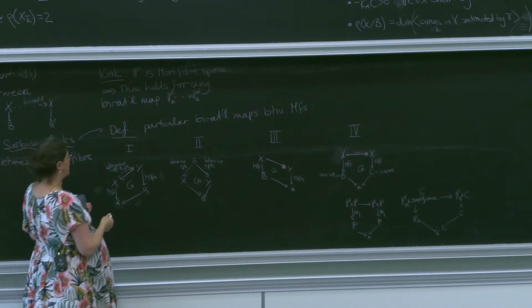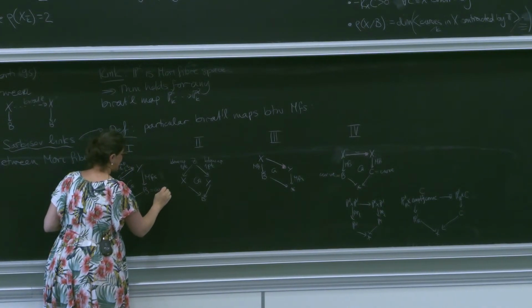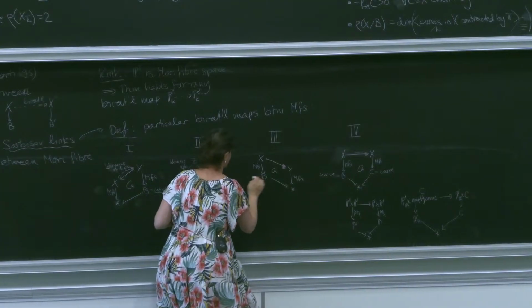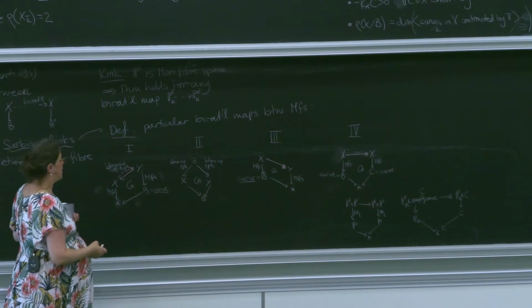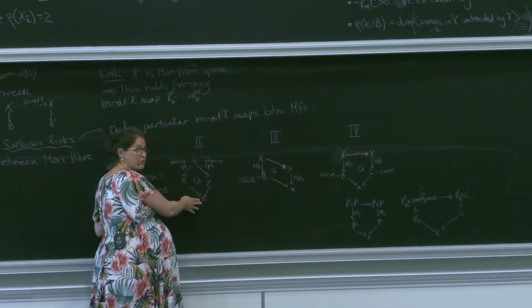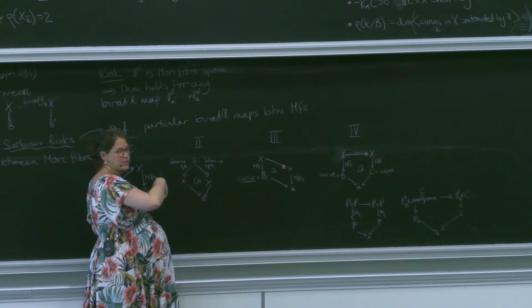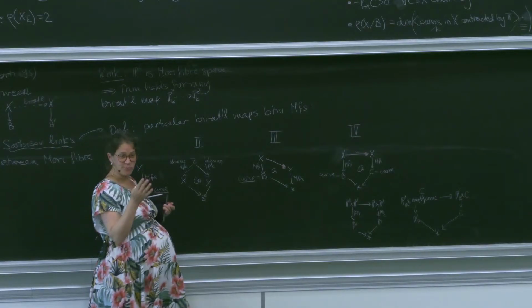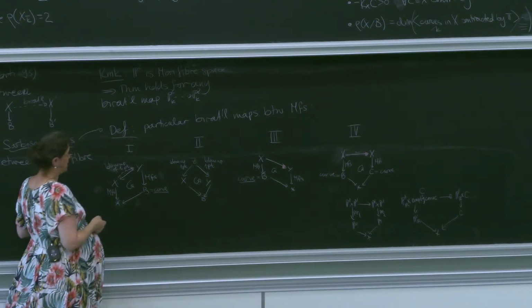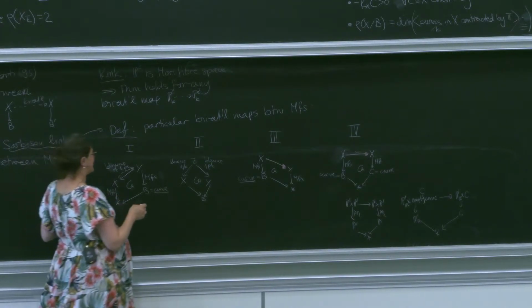So here you have two options. This is a curve. I'm sorry, I need to specify. And here B can be a point or a curve. Now, if B is a curve, this is an elementary transformation of conic bundles, of conic fibrations, sort of like the one Jeremy used in his lecture last week.